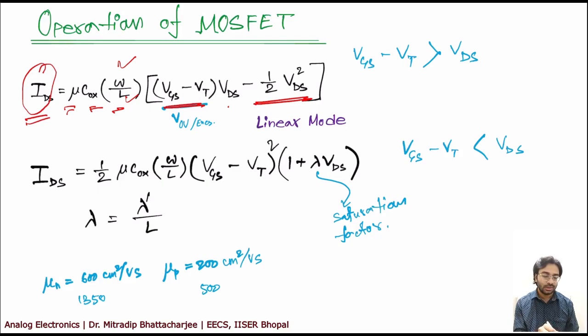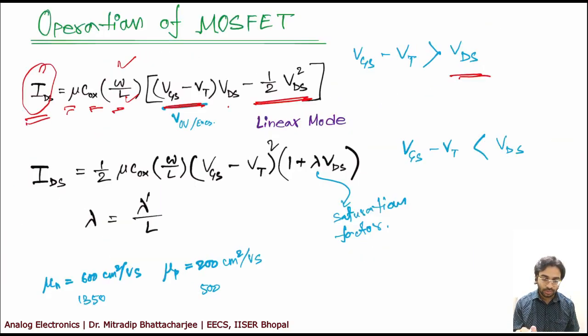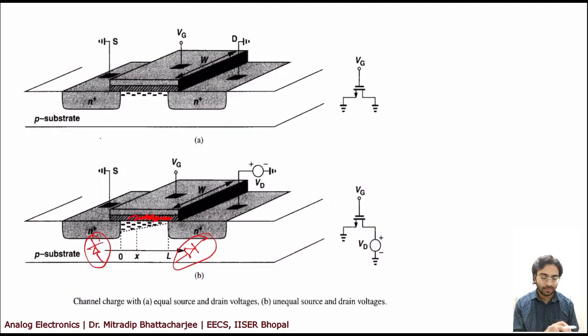because at least VGS minus VT should be greater than VDS in case of linear mode. Why should it be greater? If you look at the device again and check this equation, then you can write VGS minus VDS is greater than VT from this equation I wrote. Now what is VGS minus VDS? So you have G here, you have D here, so you have connected this to a source, say plus minus.